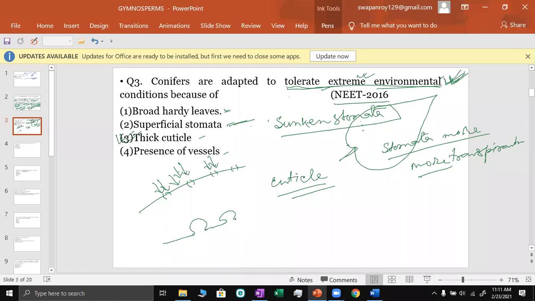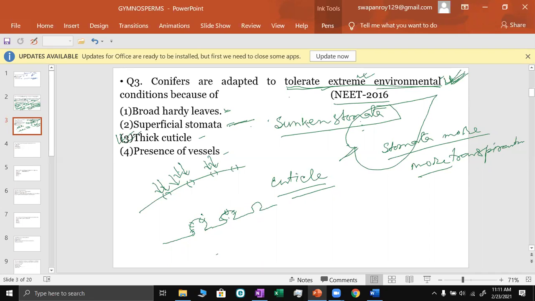These cavities are there, and the stomata are present in this cavity portion. So what is happening is that these stomata are not getting direct sunshine, so they can reduce the rate